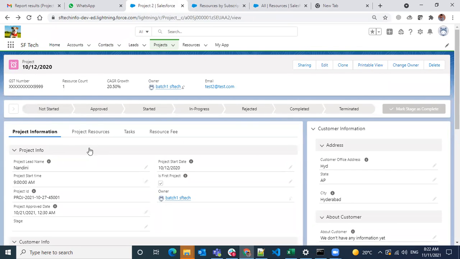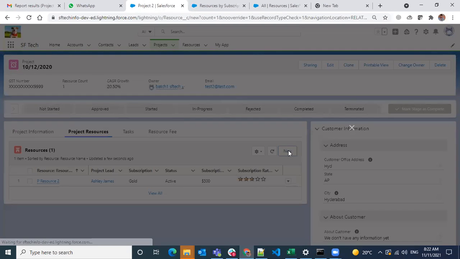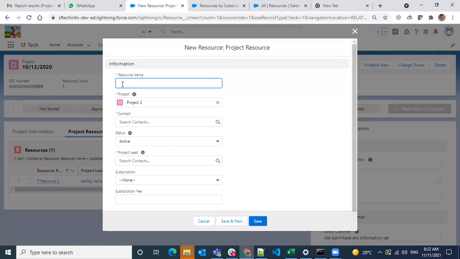Okay, and similarly, wherever you create resources, based on the resources that you created, if you apply a filter to the chart, it will display only the data that belongs to that record. Okay. Actually, here the project ID is not available.